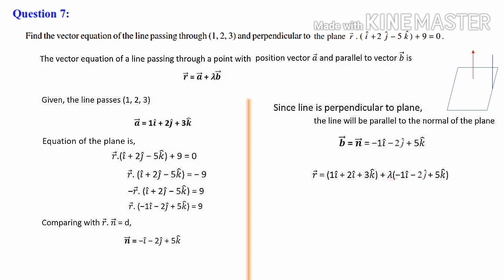K, in the sense that from here I have taken a minus sign outside. That means vector r is equal to i cap plus 2j cap plus 3k cap plus k into, I have taken this minus sign outside and put it with lambda. So instead of minus lambda, I am taking another constant k or mu or anything you can take. That is i cap plus 2j cap minus 5k cap. This is the textbook answer. Even this answer is also correct, it's not a problem. So here k is minus lambda. It's a constant.